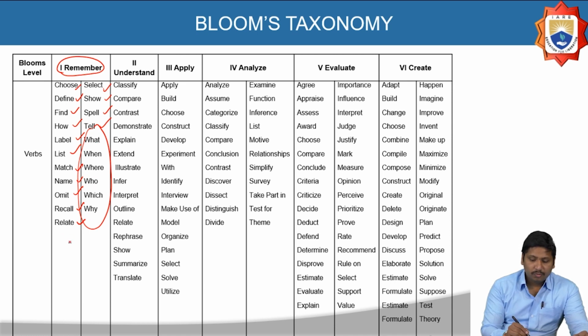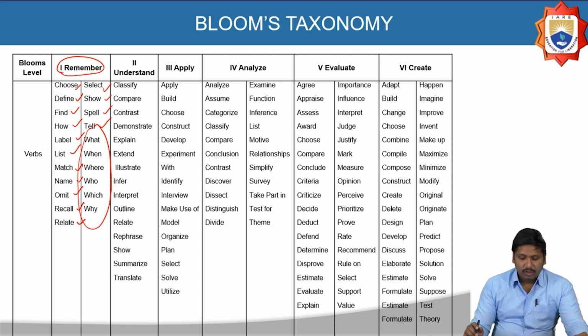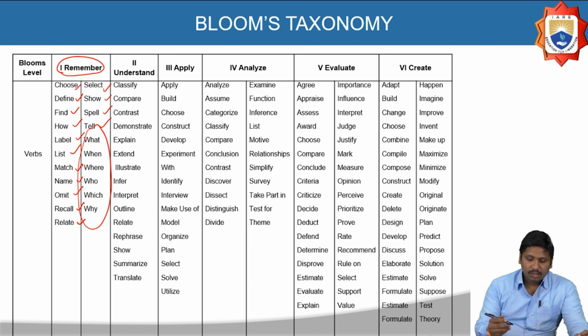So all these verbs will come under this remember level. And the second thing we are going to look at is understand. Let me see the words that come under understand: classify, compare, contrast, demonstrate, explain, extend, illustrate, infer, interpret, outline, relate, rephrase, show, summarize, and translate. So these are the words that fall under this